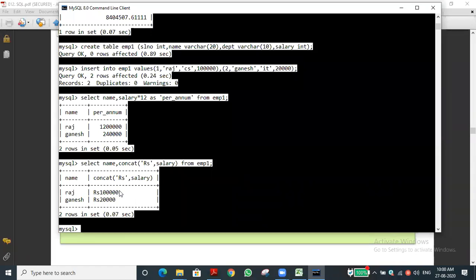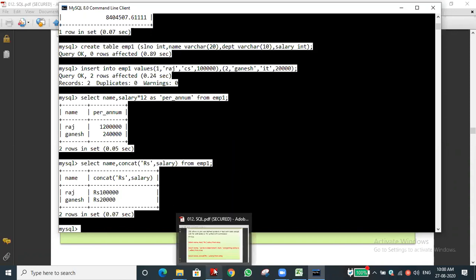If I want to add percentage, it is very simple. Now you can see salary comma, for example, commission. If one field is there, commission comma, then in single quote or double quote we need to mention the percentage symbol. It is a text, so we can mention it like that. Then that value also will be added. For example, 10%, 20%. While displaying, it will be easy to see that. If you give one space, RS space 1 lakh will come. We understand this one.